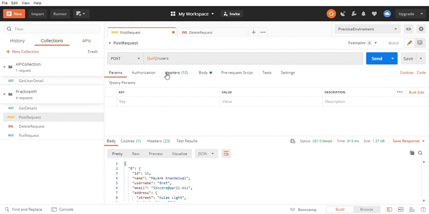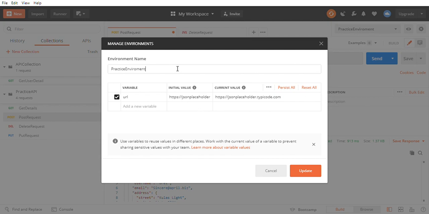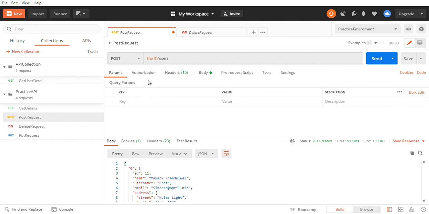So what I just told you is that you just need to define a variable here. You don't need to change your value every time. If you need to change the value, just go here and edit it here. See, edit it here. I hope you have got this concept.